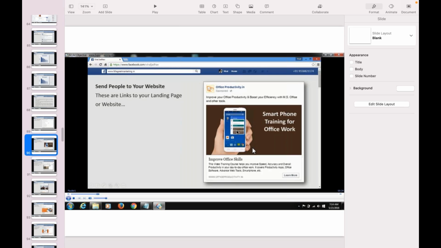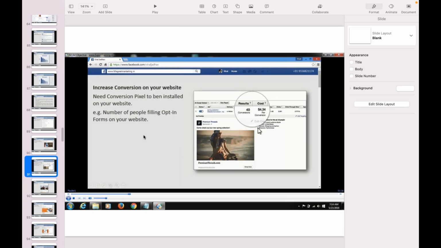Based on that, just have a creative, a simple description of it, and you see the other things here. You have the link, the text, and you also have a CTA. So the minute they click on that, it directs them towards the website. So increase the conversion on your website. You can drive people from Facebook to your website,